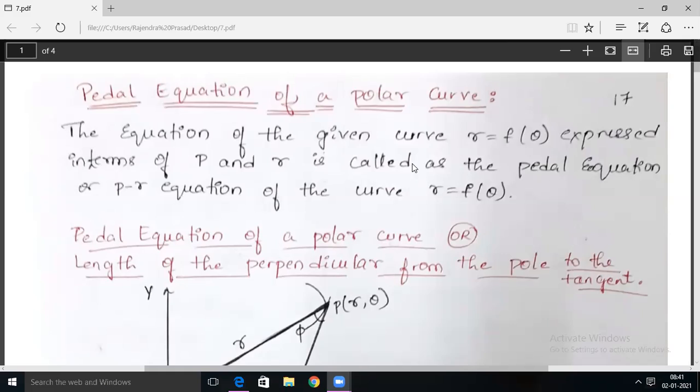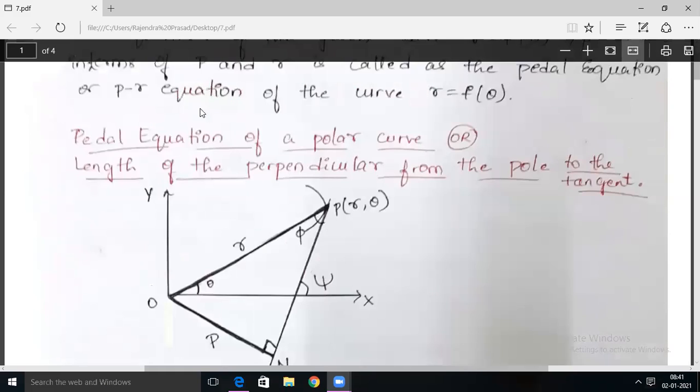So next we have one more derivation here. Pedal equation of a polar curve, or length of the perpendicular from the pole to the